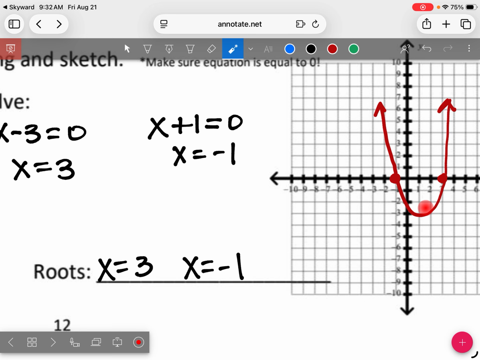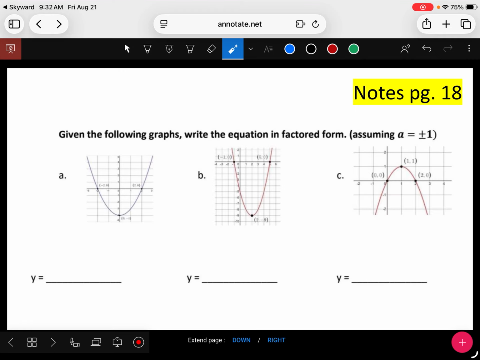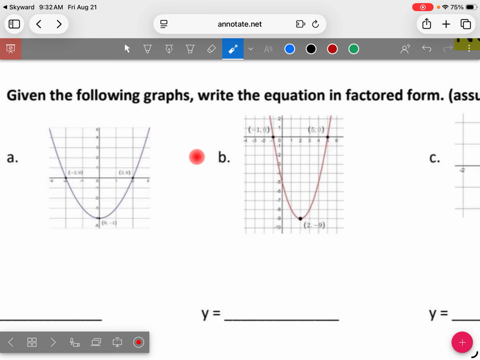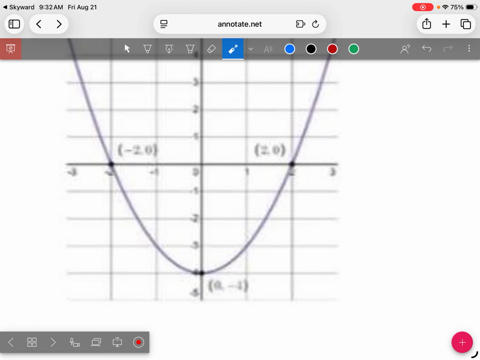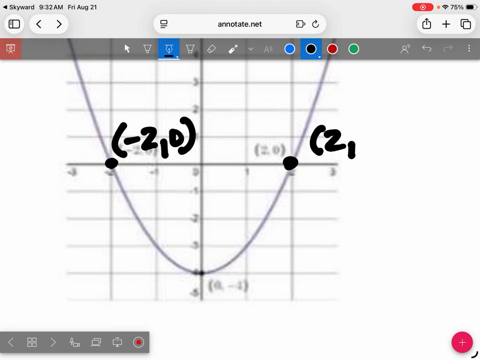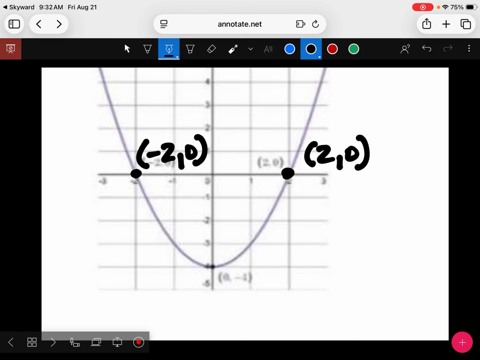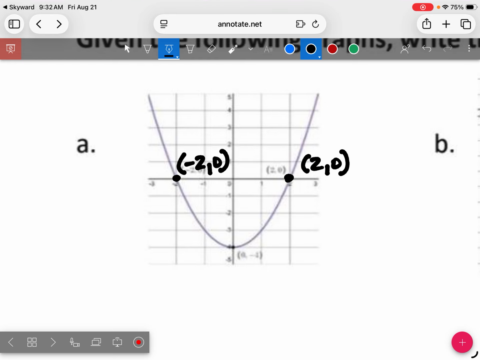All right, so now let's move on to looking at a graph and writing the equation. I realize that your graphs are not that clear. So let's go ahead and rewrite these x-intercepts. So this is -2, 0. This one is +2, 0. So this is an x-intercept. If I'm going from